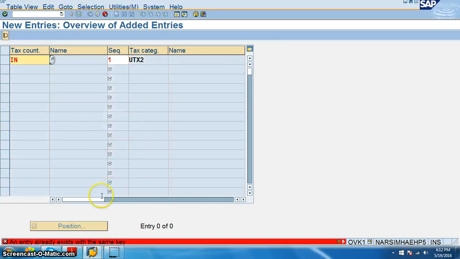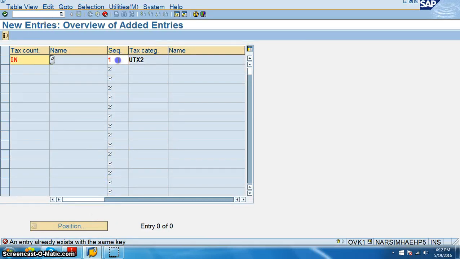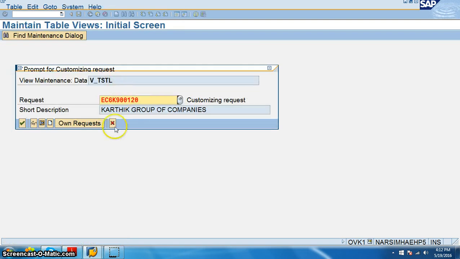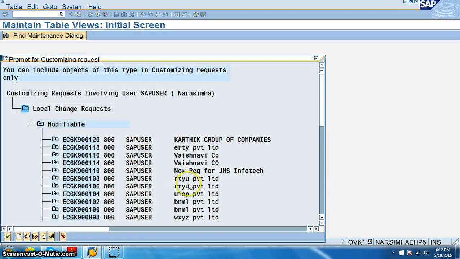You can just save it. Okay, it already exists. This sequence already exists, so we'll take the sequence as 2.